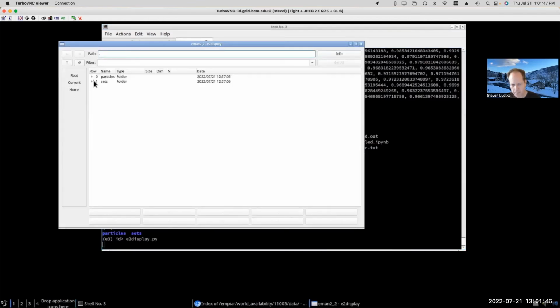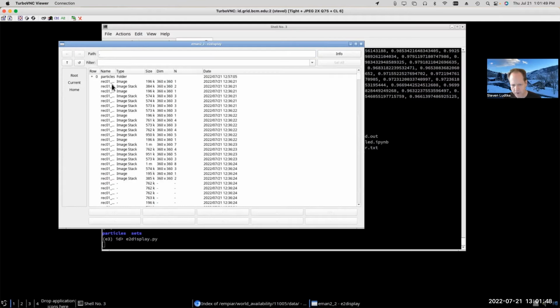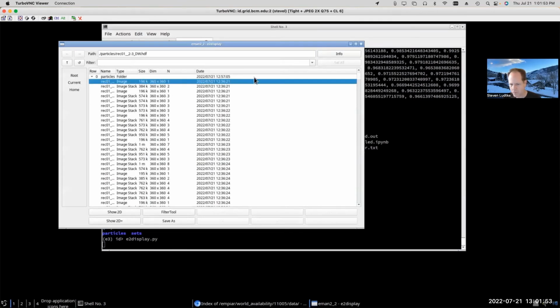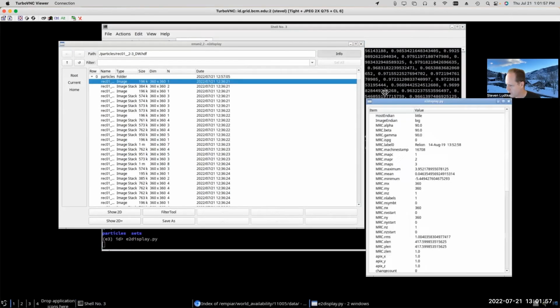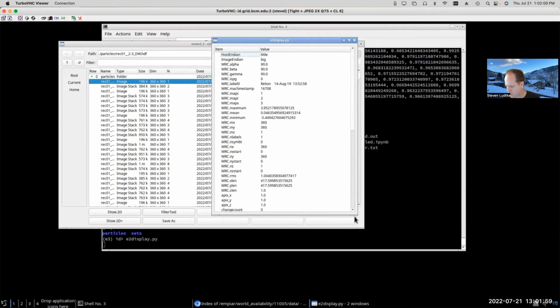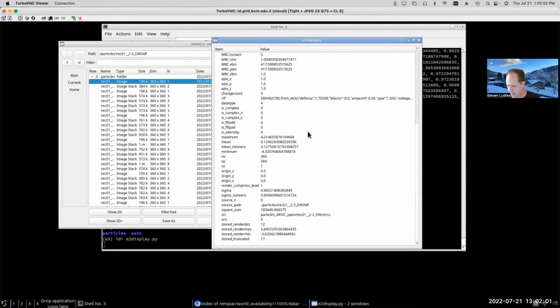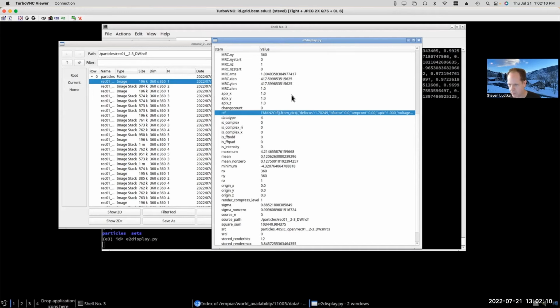And if we look at particles, we will see this massive list of particle images. If we pick one of these, info, we can see all the header data which was stored for this particle. And we can see that it has the CTF information that came from the star file, and all the other parameter information.